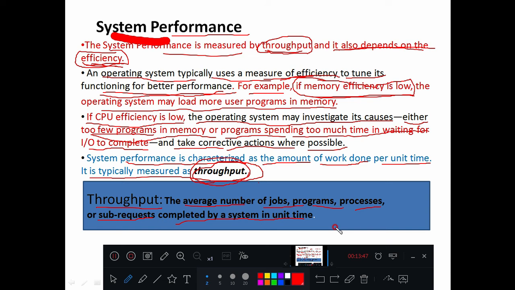In unit time, a job may take its own time to finish. Unit time may be milliseconds, microseconds, seconds, sometimes hours, sometimes days, sometimes months. But when it comes to software, most probably all kinds of IO operations will get over in terms of milliseconds or seconds. At the max they will take a few seconds; they will not take hours, days, or months.